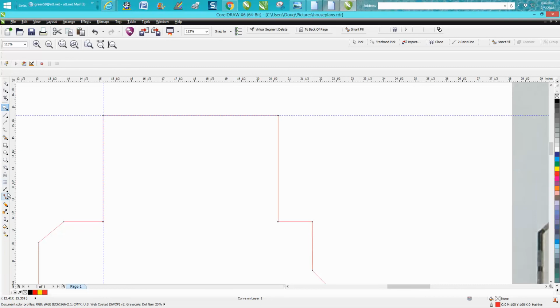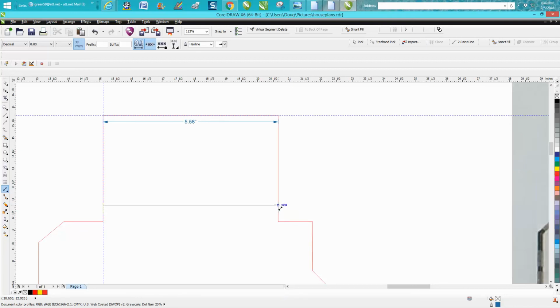You could get your parallel dimension tool and have it on that edge and try to go straight over, and you are at 5.86, and right here we're at 5.56. So our